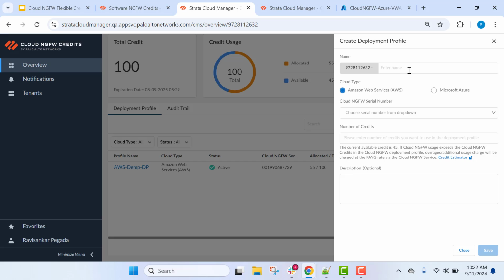So before creating the deployment profile, customers should register the firewalls, both AWS and Azure Cloud NGFW firewalls, with the customer support portal account into which we have deposited the credits. For example, if I want to create this Azure deployment profile,